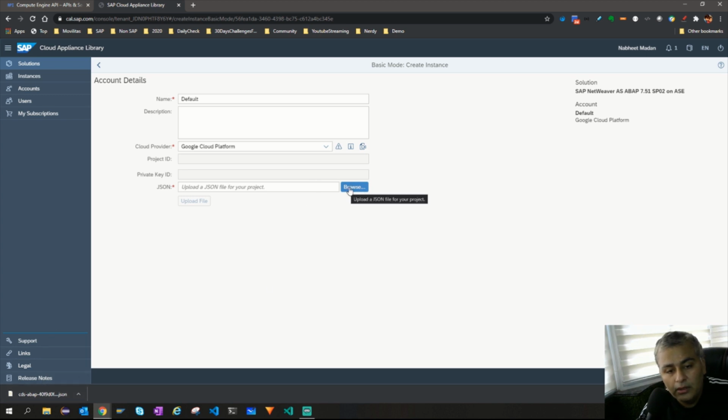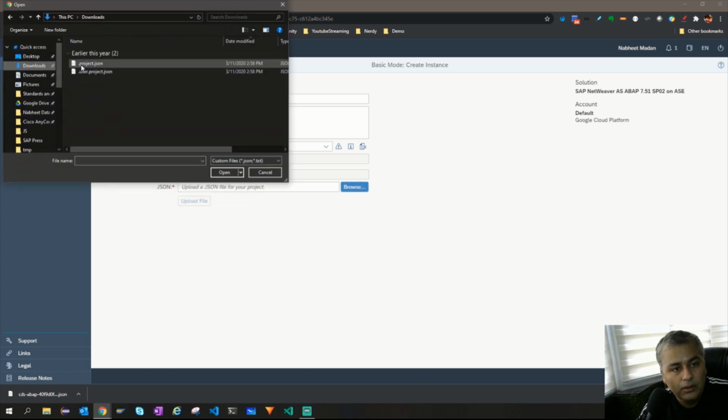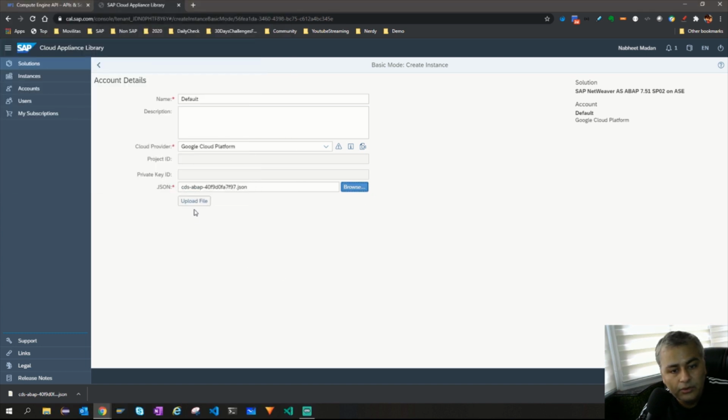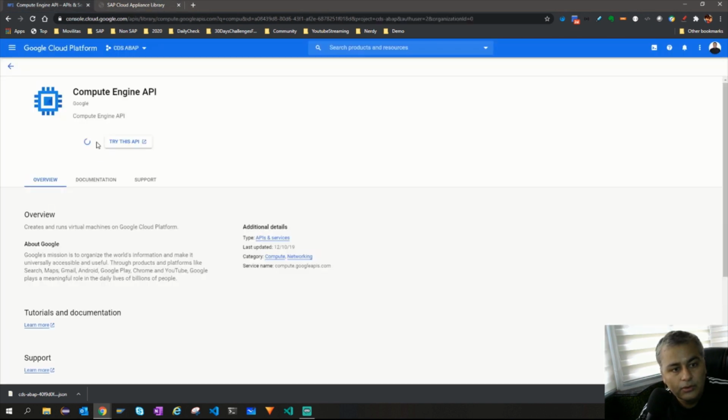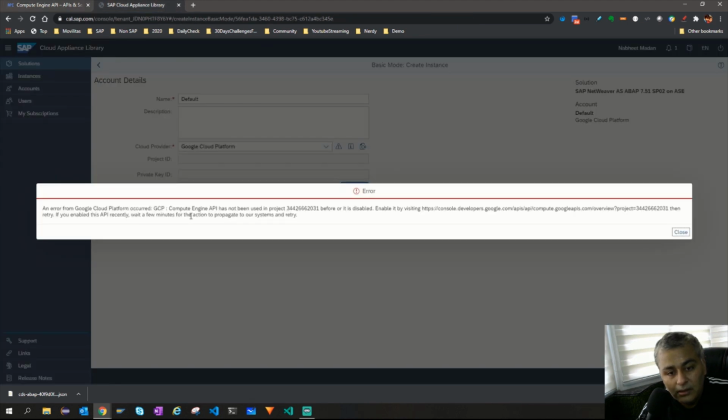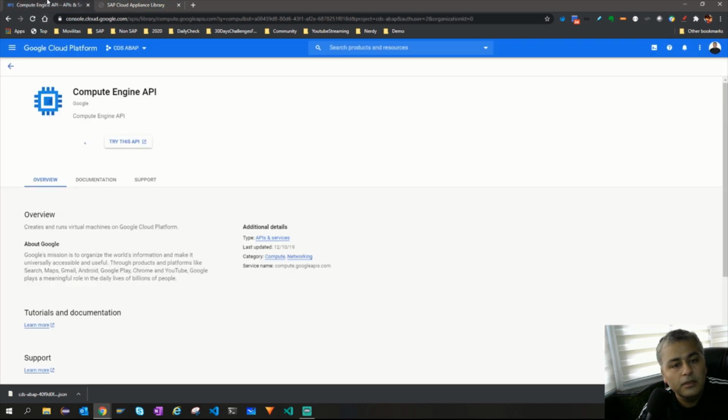So I will just say browse, go to downloads, use this file, and upload it. Let it do, and I hope by the time this Compute Engine API is done. Compute Engine has not been used before, or it is disabled. Okay, let it get enabled.